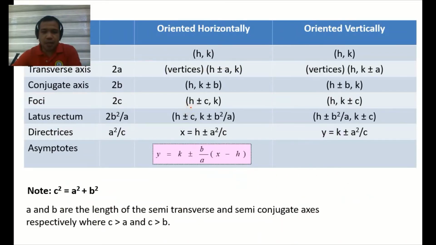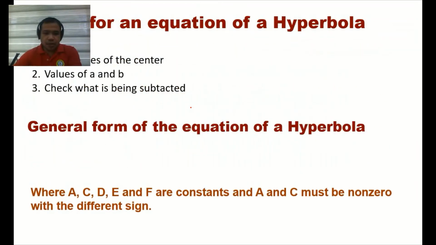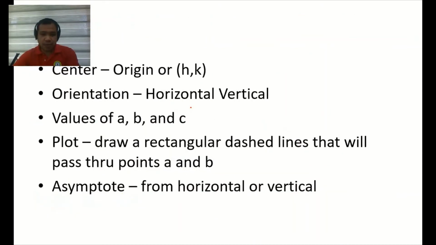Ito yung mga way kung paano natin makukuha yung center, transverse axis, conjugate, foci, latus rectum, directrices, and asymptotes. Although for the meantime, hindi muna natin gagamitin to, we will try to plot them, then trace kung nasan sila. Still, we are going to use ax squared plus cy squared plus dx plus ey plus f equals 0